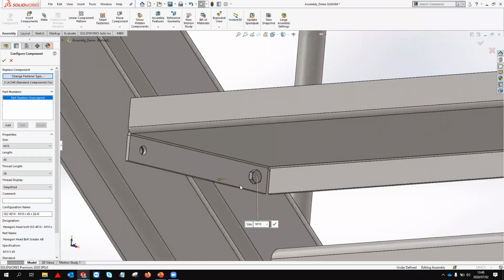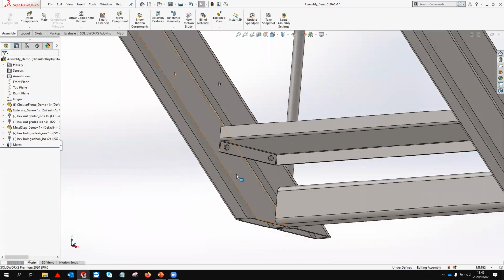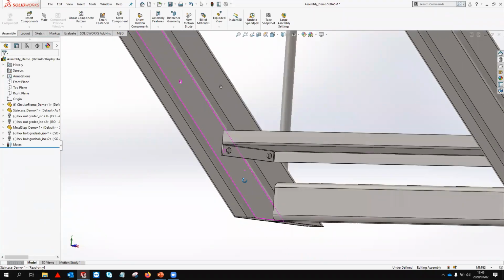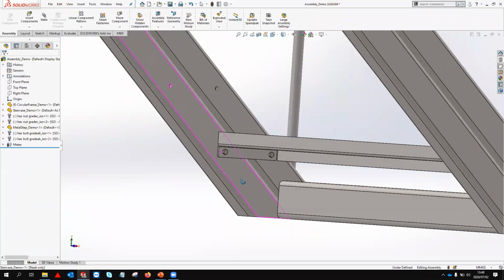And drop. The M10 fastener is fine. Notice how it already selects M10 because I used an M10 nut. I can now click OK, and I can insert my second fastener. Right. Now, obviously, there's a lot more fasteners and steps that we need to insert, but this we will also